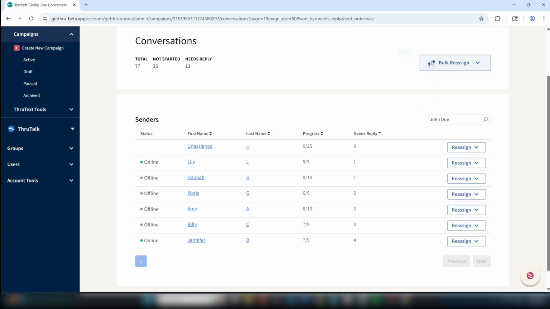From this Conversations page, you can either bulk reassign or reassign from individual senders. For bulk and individual reassign, you can click the drop-down menus from the right side to see the available options. With bulk reassign, you can do the following. You can unassign all the conversations from all the senders at once. You can reassign some conversations from all the senders collectively, or you can reassign all the conversations from every sender